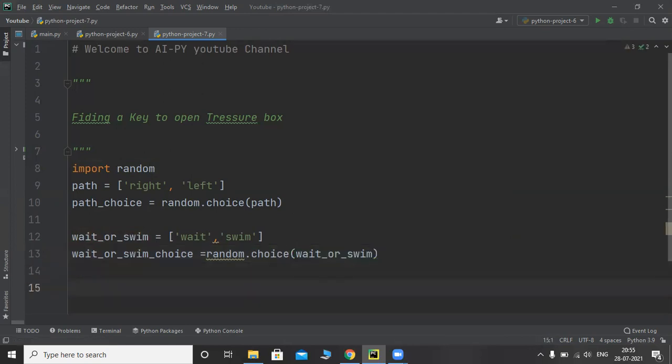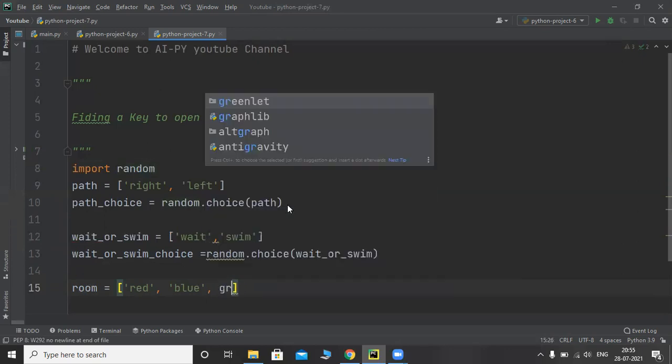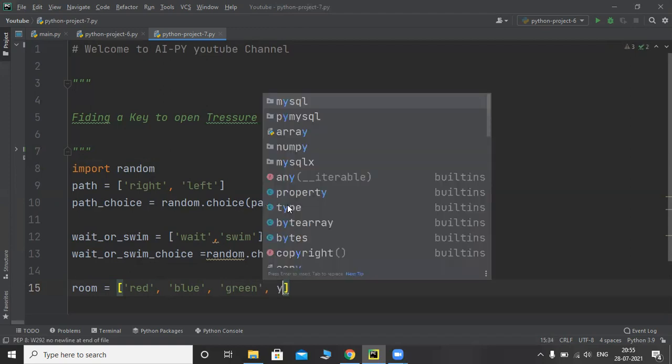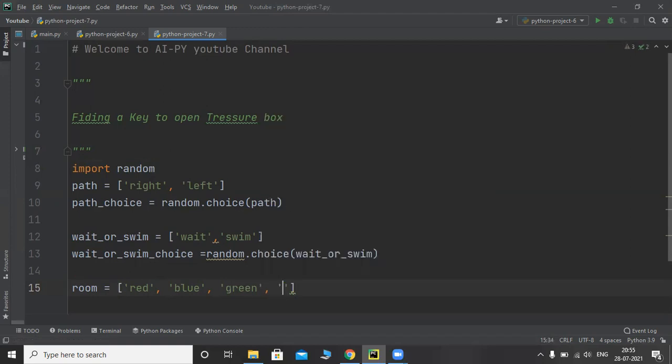The third stage is for room, finding a room where the key is available. Room is equal to red, blue, green, let's say one more color, yellow.